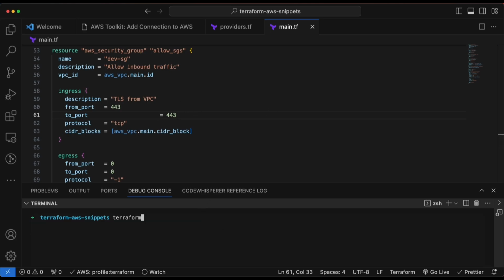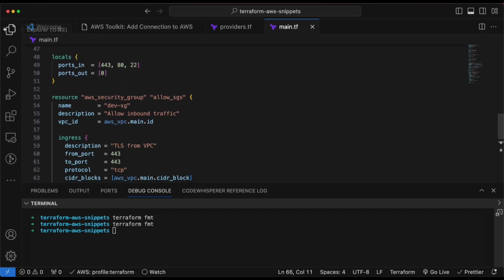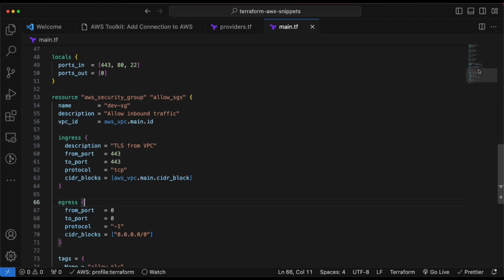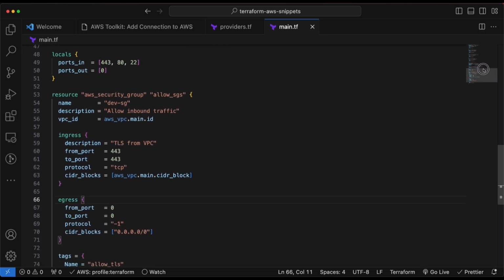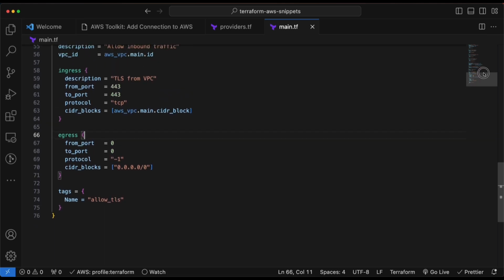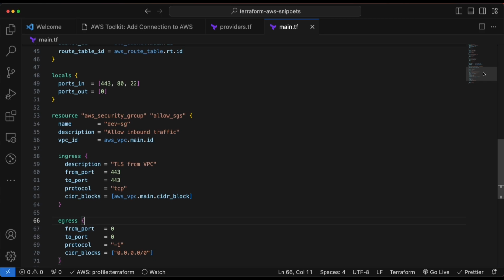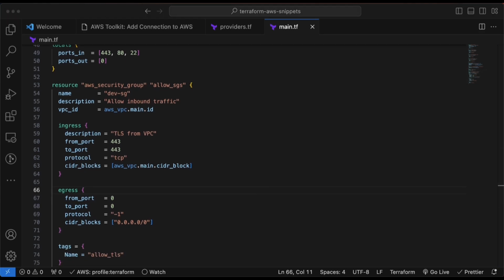Okay, so there's a command where you can format your Terraform code. For example, if you type terraform fmt like so and hit enter, that should automatically format your file. You can try this command to format your Terraform files. It doesn't matter how many files you have here, you just enter this command and it should automatically format your Terraform files. In my case it has formatted somehow. I think it was because of that extension, which is weird, but I hope you get the idea. So let me now go back to the